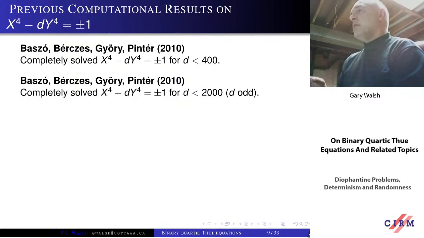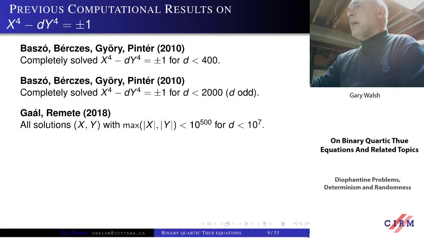I should mention that in this paper, their work is not specific to the case of degree 4 equations. They prove results for all n using modularity of elliptic curves and Frey curve methods, and it's a very, very deep paper. I'm only talking about the work they did to deal with the degree 4 case here, so one should keep that in mind. That wasn't the focus of their work.